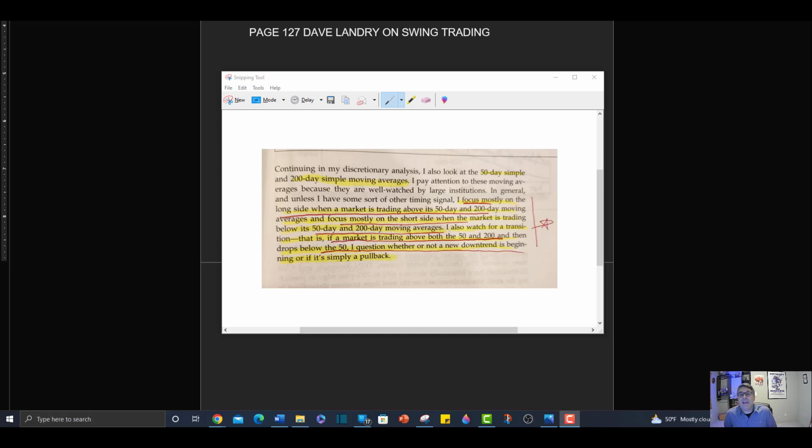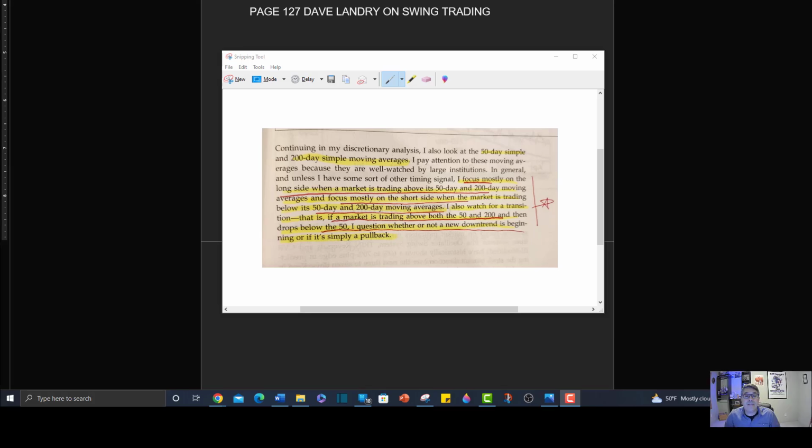So let's simplify. If the market is trending above both its 50-day and 200-day simple moving averages, then that's when we look for opportunities to go long, to buy stock and hold to the upside. Conversely, if the market is trending beneath both its 50-day and 200-day simple moving averages, then that's when we should either be looking for opportunities to swing trade to the short side or to sit out, to paper trade, take a little break from trading entirely, and sit on our hands until the market action improves.